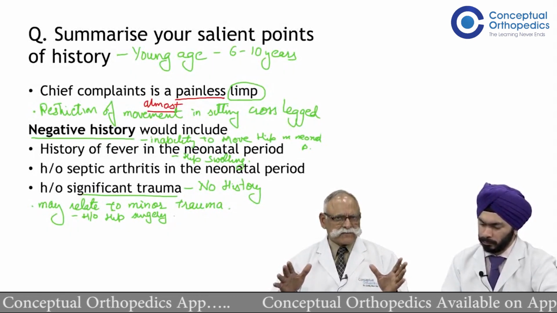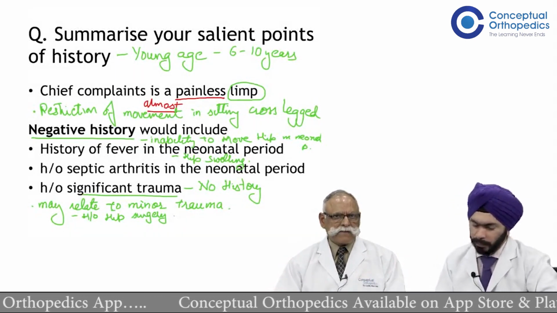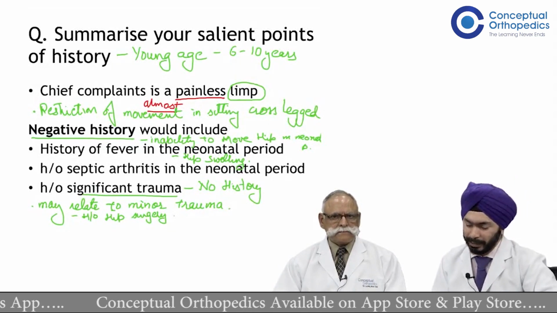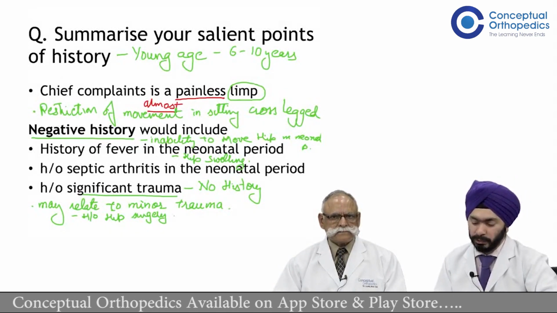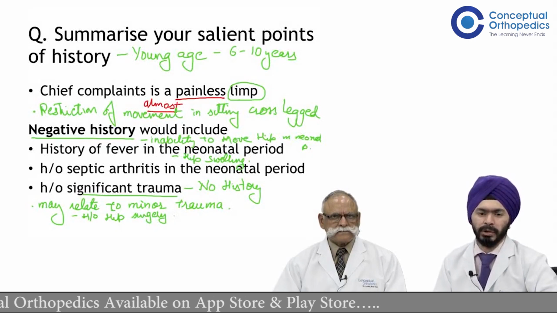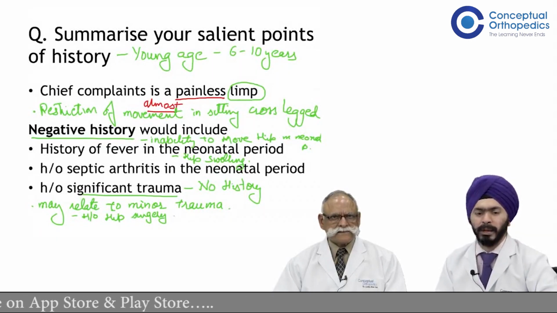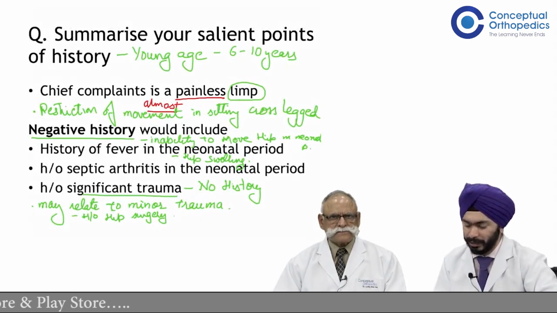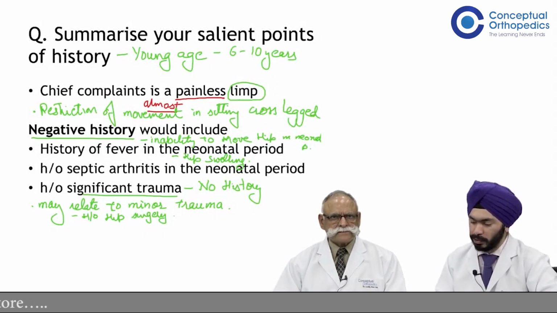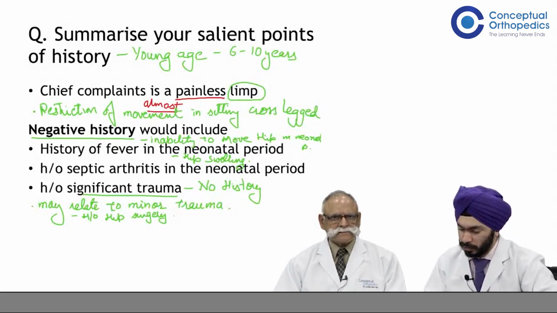Painless limp to start with. So, painless limp would be the classical history, and the patient would also have a history of restriction of movements, like sitting in a cross-legged position. Remember to take your negative history to rule out other possible causes of a limp at that age. At times,